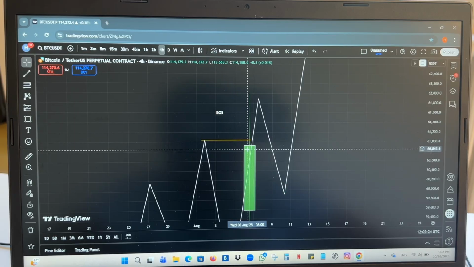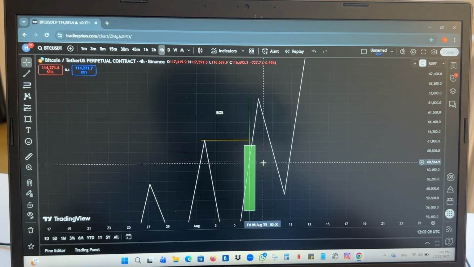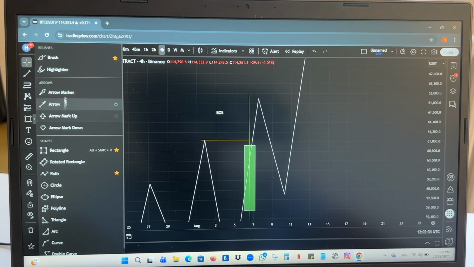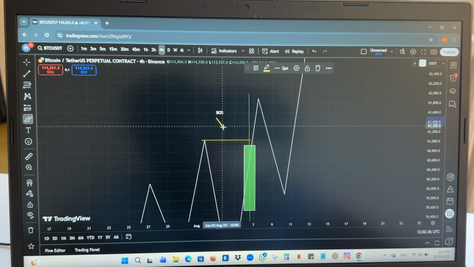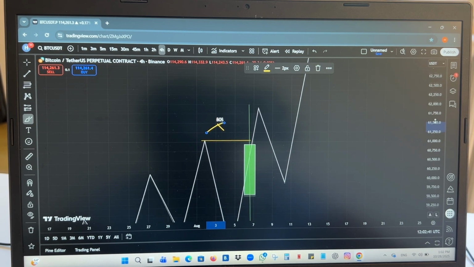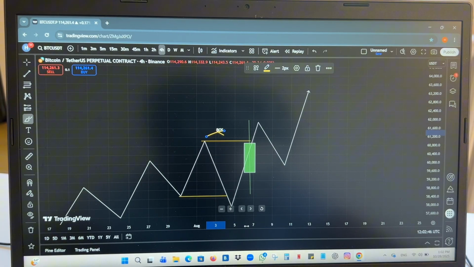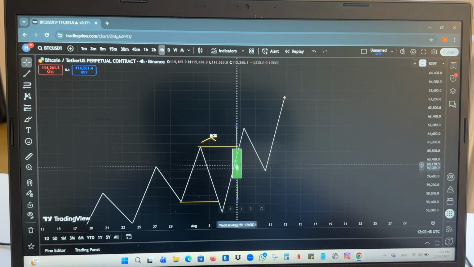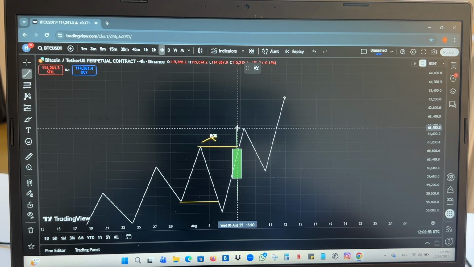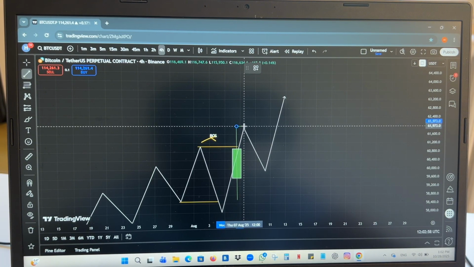touched, this line hasn't touched a body part. Okay, so if it is not touching a body part, this is not a BOS. Always keep that in mind. This is not going to be a BOS if it is touching a wick. But let's say if the market is going in an uptrend, respecting the uptrend, we need to wait and see. We're going to shift to this wick itself and get the top of this wick